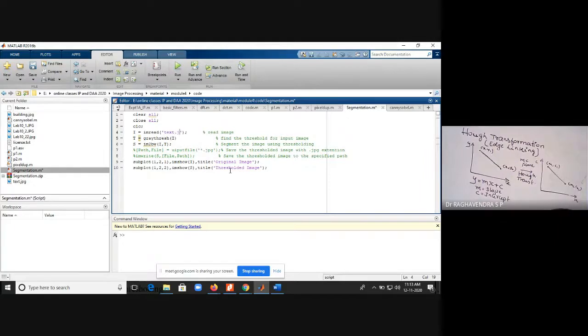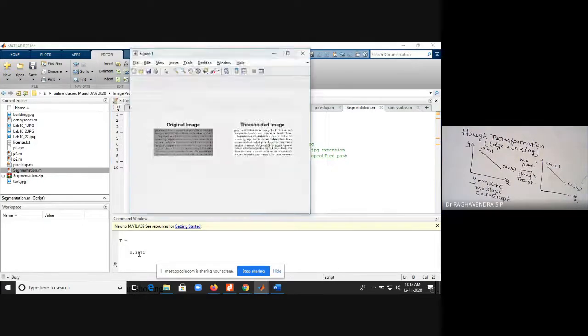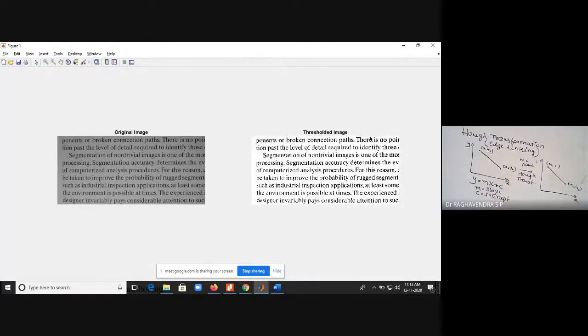So using global thresholding, the graythresh function, we can remove the background. So this is the threshold value. You can see the background has been successfully removed over here, and the blurry background is gone.